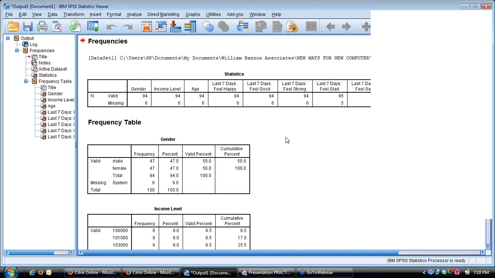So it's looking at the patterns of the valid responses and using those to make a probability judgment about what the missing data value would be, to create a full data set. So if we have a missing value for income, it will say, what's your age, what's your gender, are you happy,